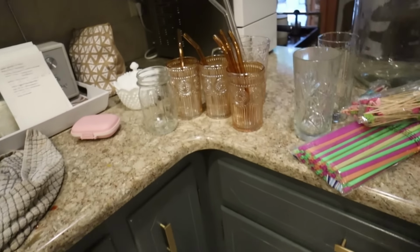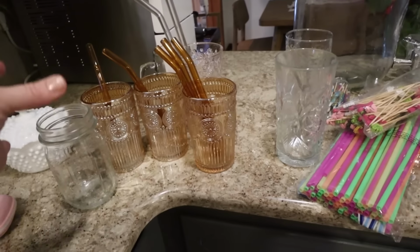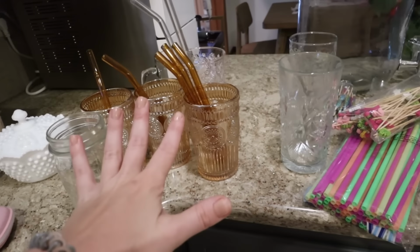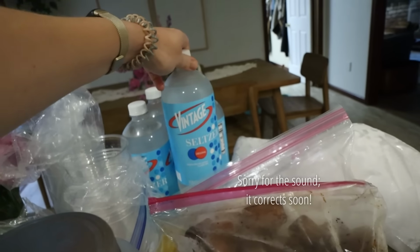And I'm also in charge of a drink when we sit down for lunch. We're gonna have chicken salad sandwiches and stuff like that. But I brought a whole bunch of an assortment of glasses. I have to figure out how to travel with these so they don't break. And then I'm gonna be making, okay, are you ready for this? Sparkling